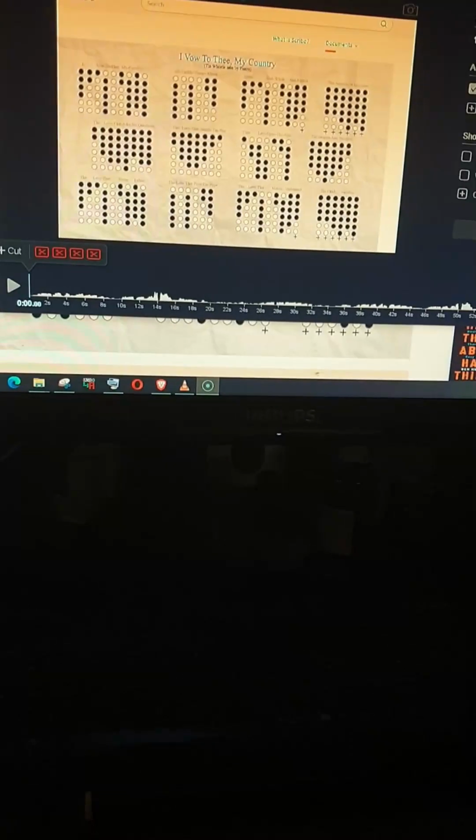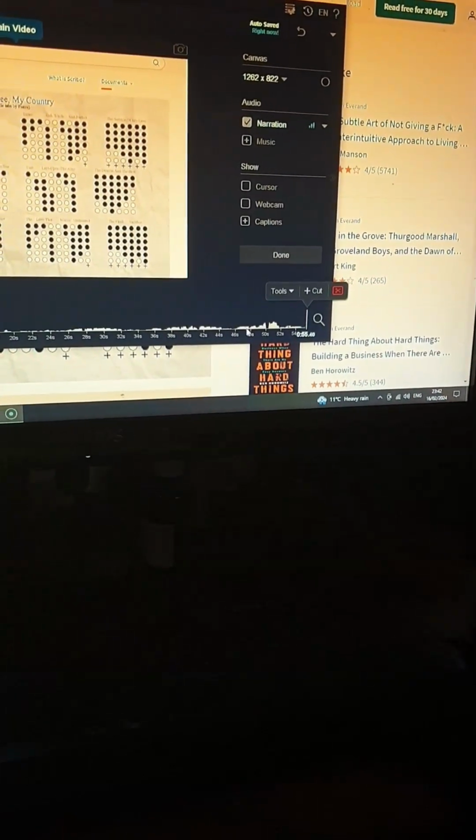But I'm quite happy with that recording, so I'm going to just start and do my cuts here. I'm at the end. See, it suggests where to put the cuts, so I don't get this long empty bit at the end, you know. So if I'm quite happy with that,